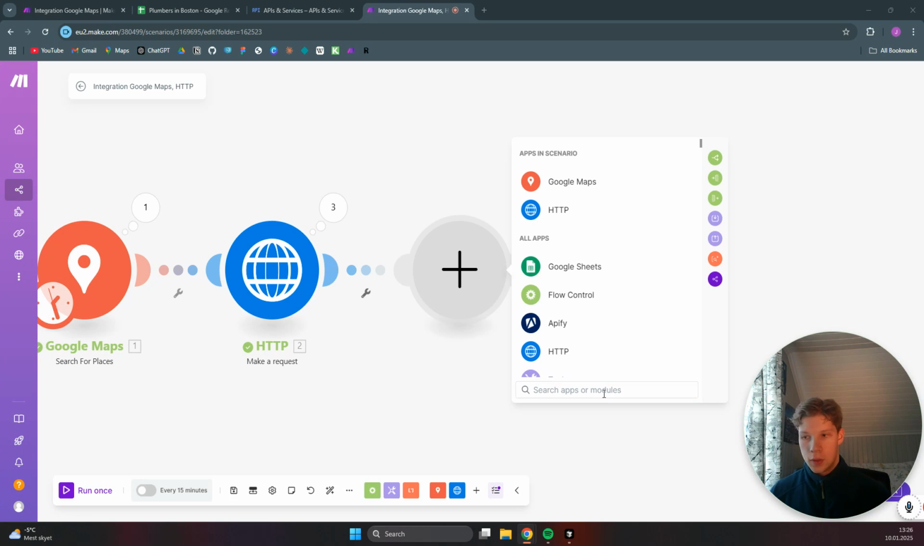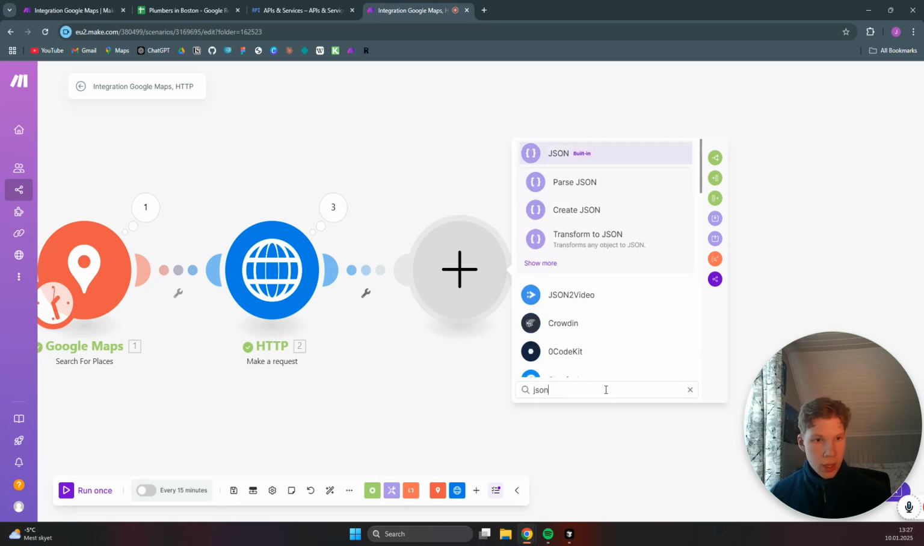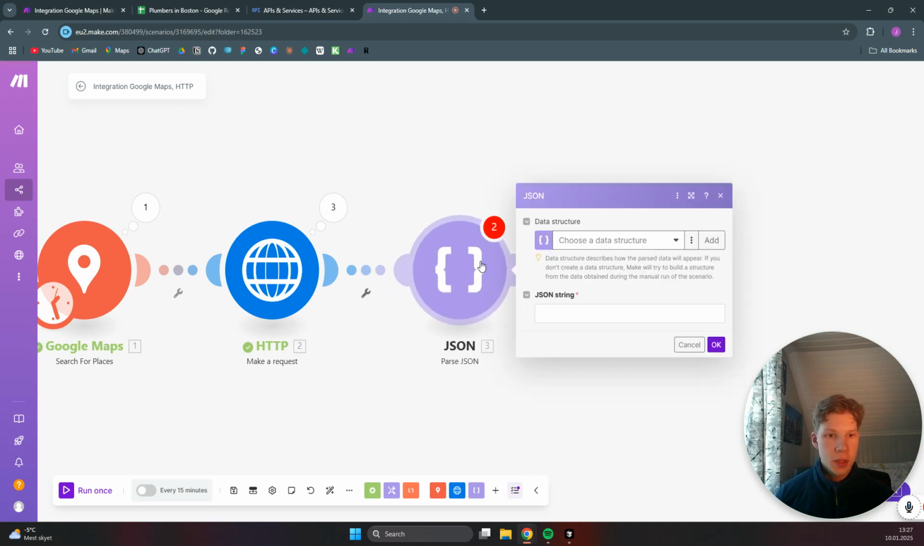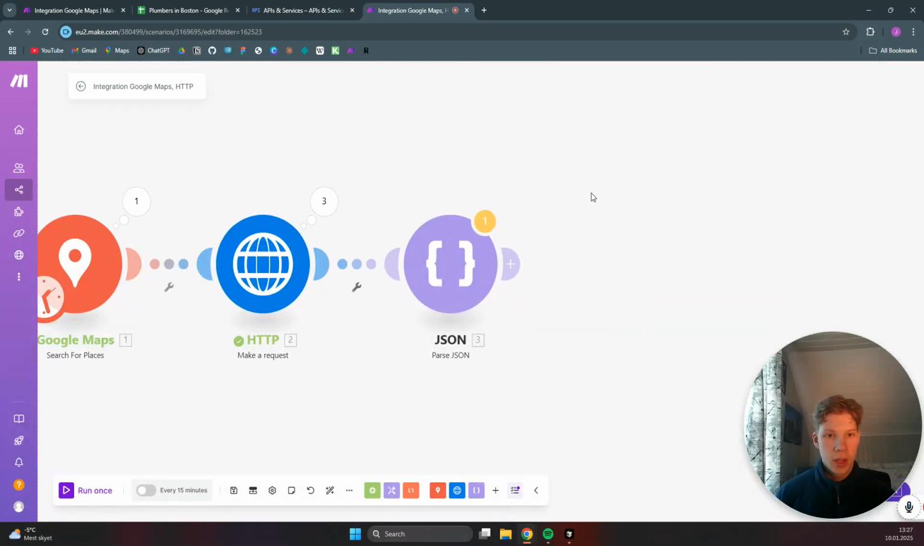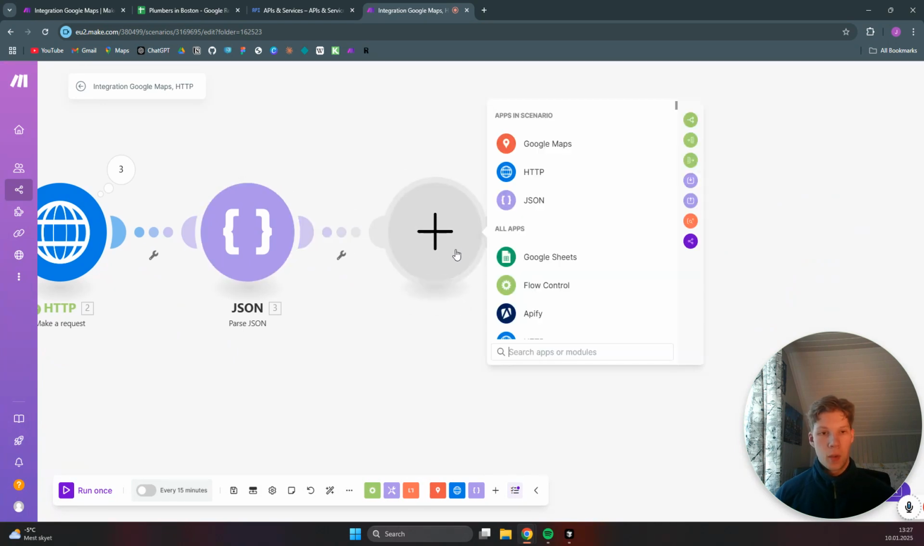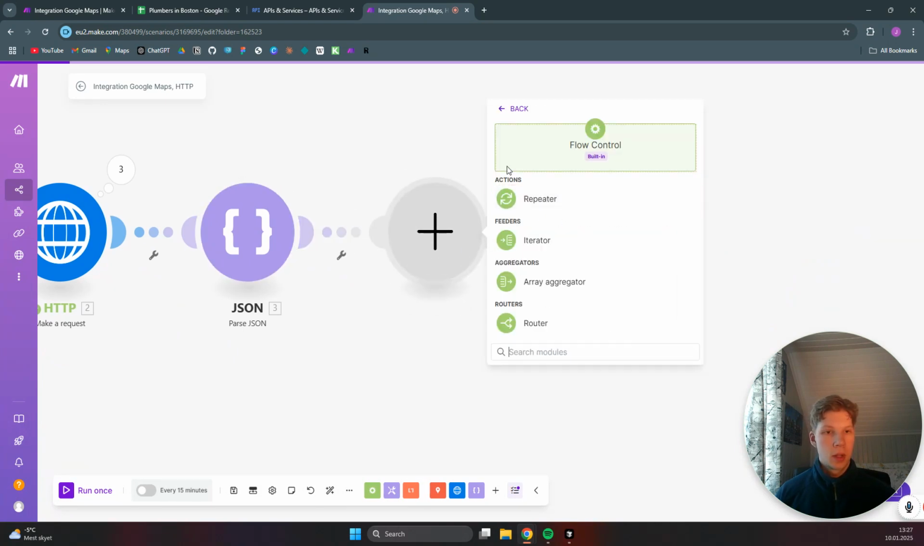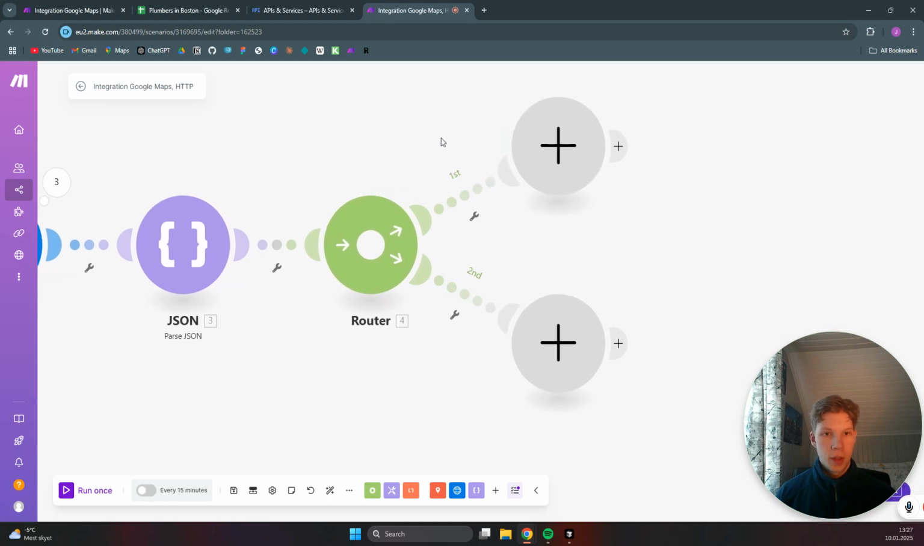So we need to search for JSON. And we need to parse this JSON, which will be the data that we received. Click on OK. And now we need a router to basically check if there was a website from the HTTP request. So you can click on router, and then say,